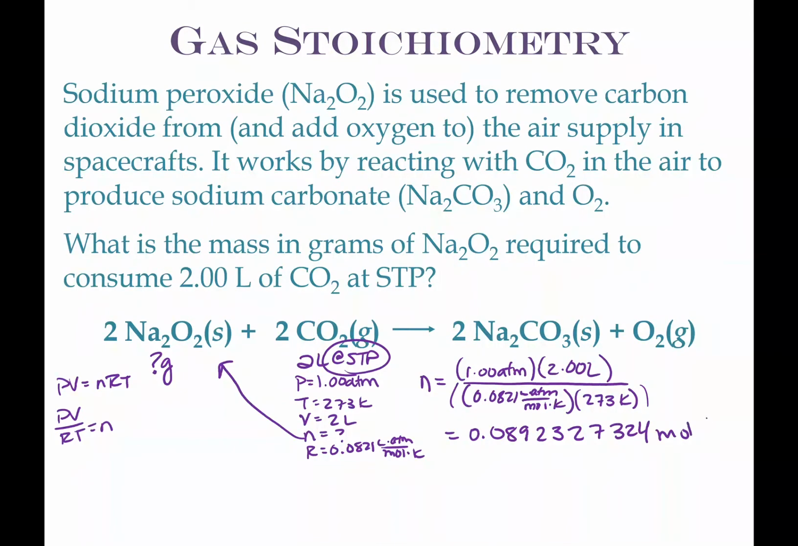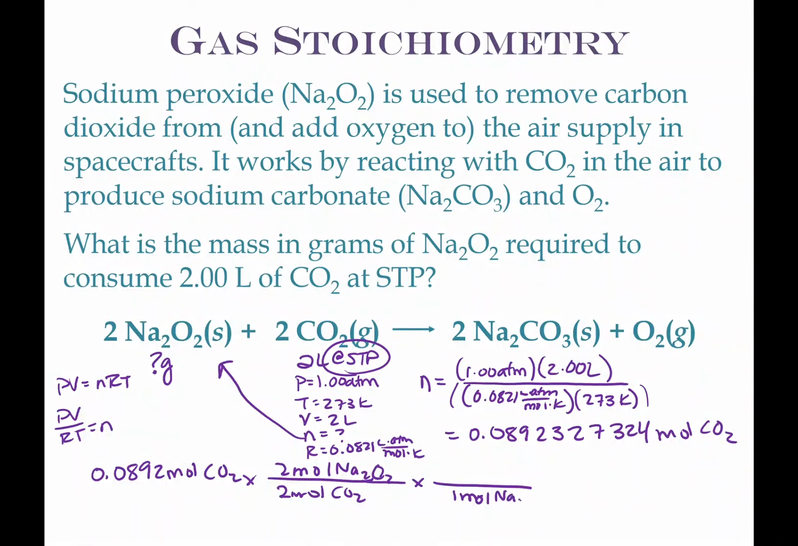This is moles of CO2. We need to now convert that to moles of Na2O2 and then to grams of Na2O2. So start there. We can round it if we want. 0.0892 moles of CO2, for every 2 moles of CO2 we get 2 moles, we need 2 moles of Na2O2. There we go. And 1 mole of Na2O2 has a mass of, let's see, 22.99 for sodium times 2 plus